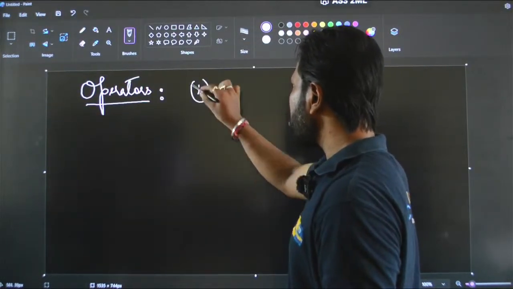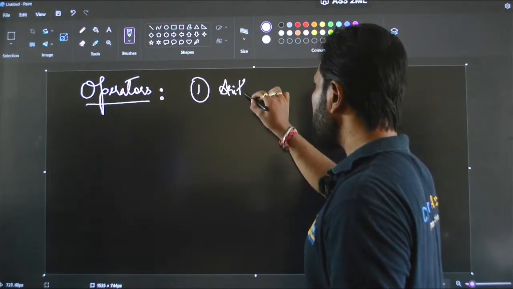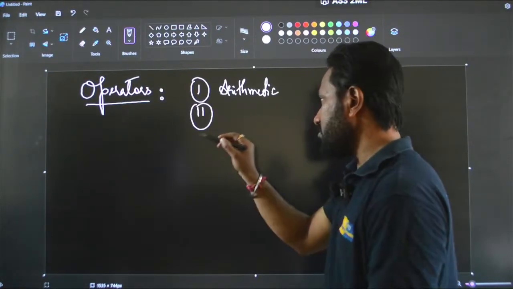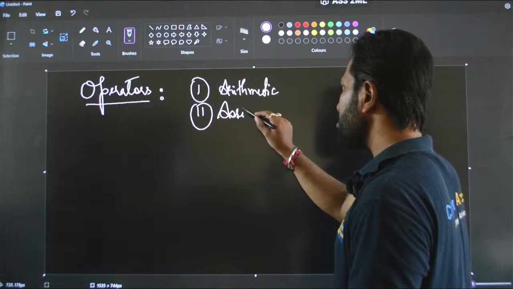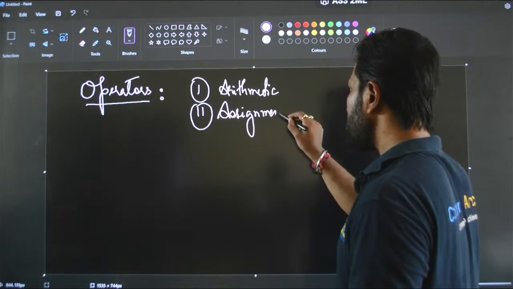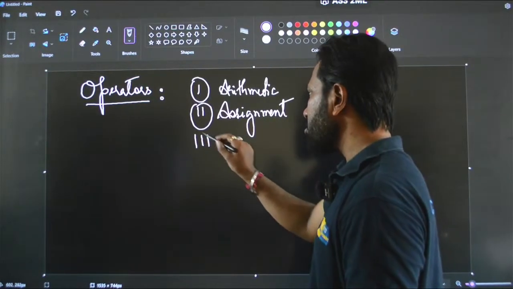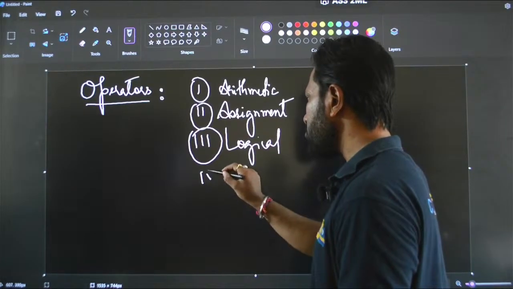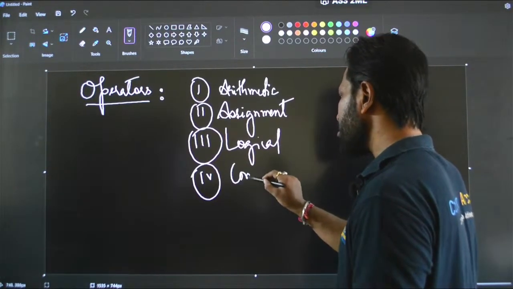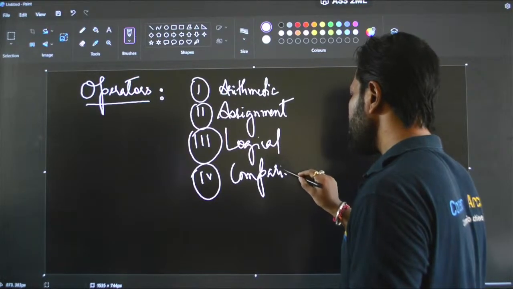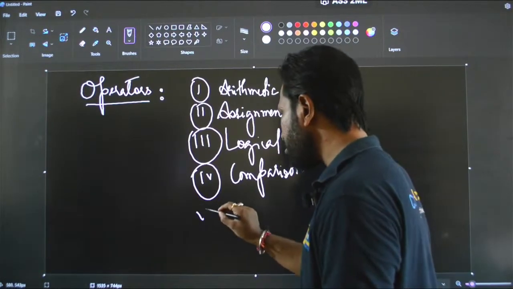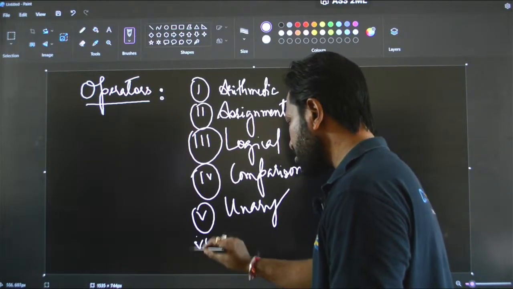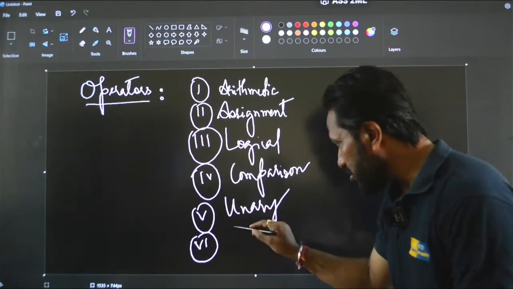So, we talked about our arithmetic, then we talked about our assignment, then we talked about the third one, which is our logical. The fourth one we talked about was our comparison, correct? Then we talked about the unary operators. Then number 6, the important one that we talked about was our bitwise operators,